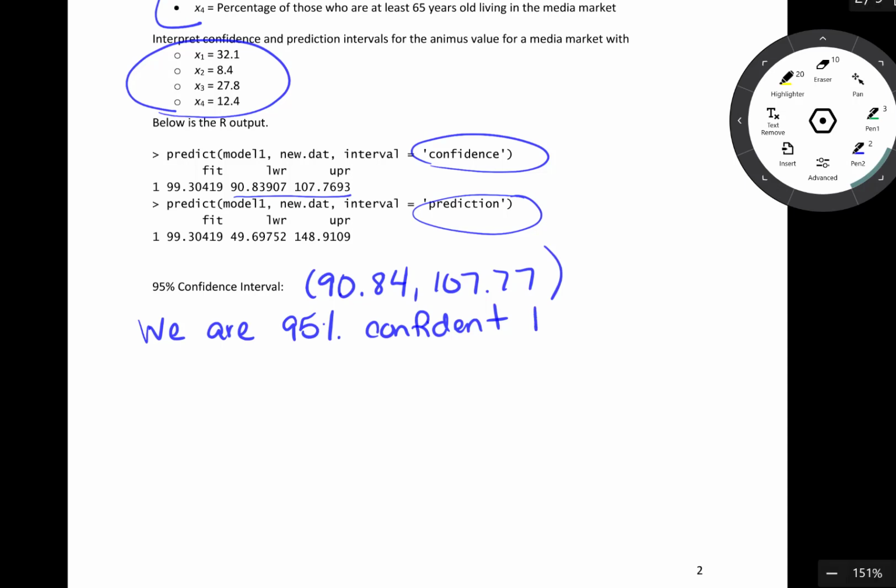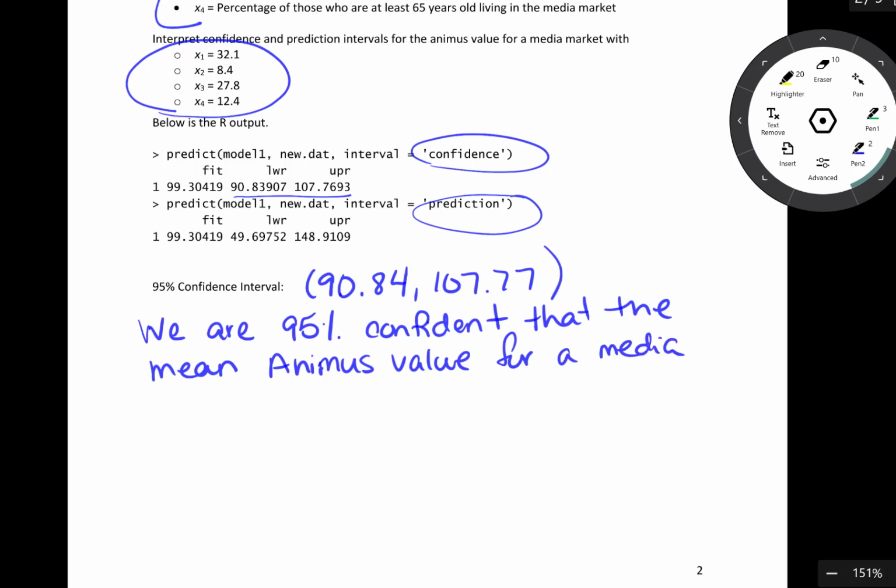So this is the mean animus value for a media market. And in particular, this is going to be